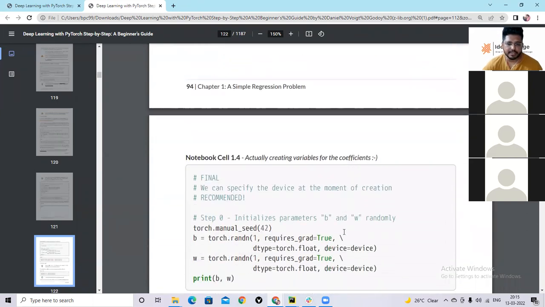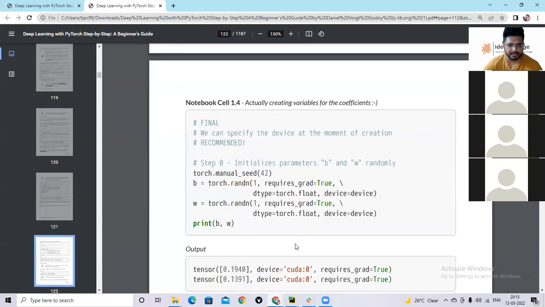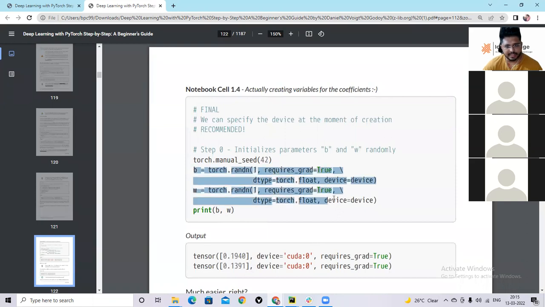Now one more thing: we are doing this in two steps. First, you create a variable, send it to the device, and again set the flag. Can it be done in a single step? Yes, we can do it in a single step also. First create a scalar tensor with the requires grad flag true, and directly set the device inside.